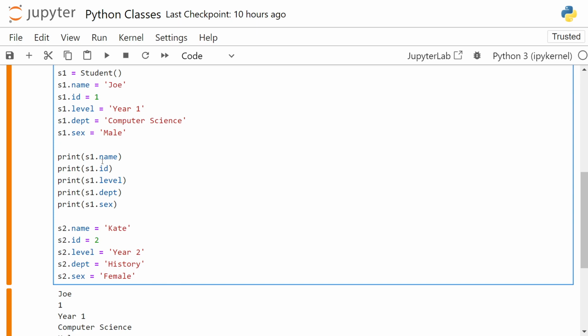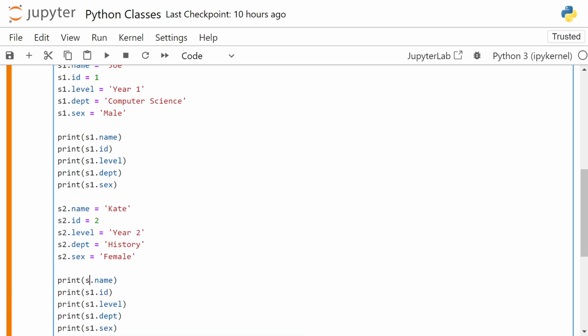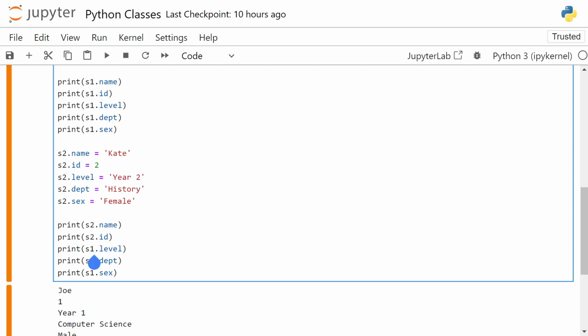Then after that, I'm going to print out what we have here. I'll copy this as well, come down here and print that out. So s2.name, s2.id, s2.level, then you have s2.department and s2.sex. So if I do shift enter,